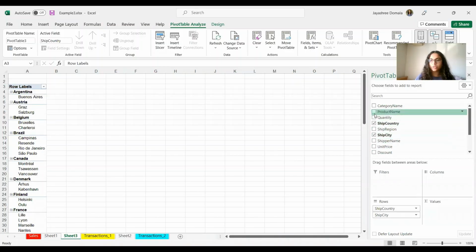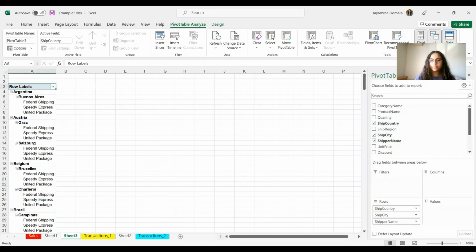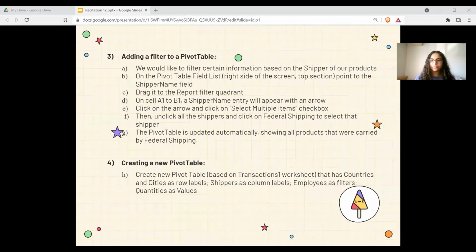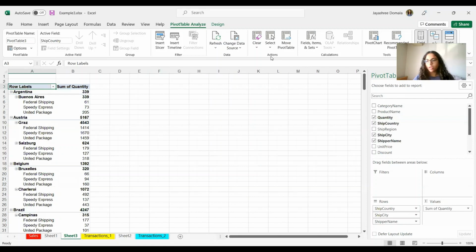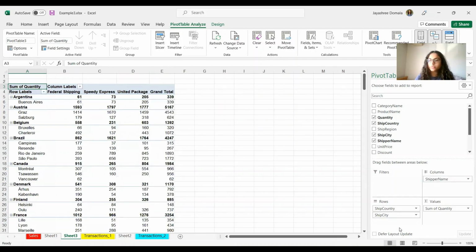So we have the shipper name and the quantities. So what we can do is now we have the ship country and ship city, which we need as the rows. We need the shipper name as columns. So I'm just going to drag shipper name to columns. So now you can see that here the rows are the countries and cities and the columns become the